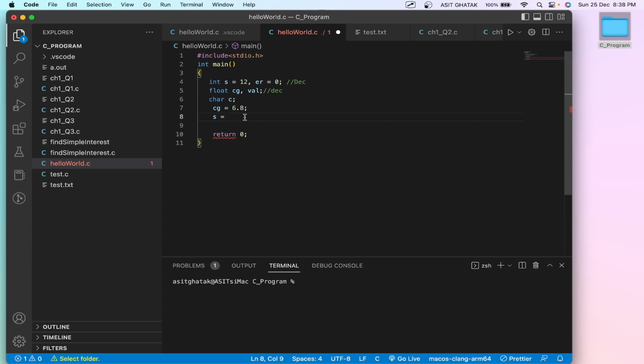First of all, reassigning means if we now calculate something here, then this 12 will be replaced by that value. So if you write 13 here, then this 12 will be replaced by 13. So now s will be 13. Okay, so that way, if we write something like a plus